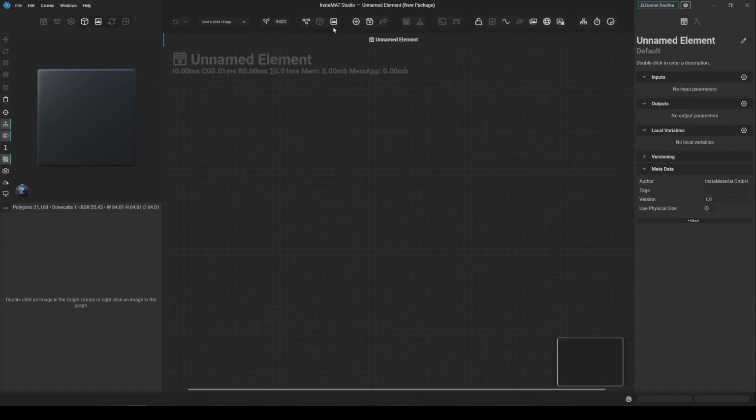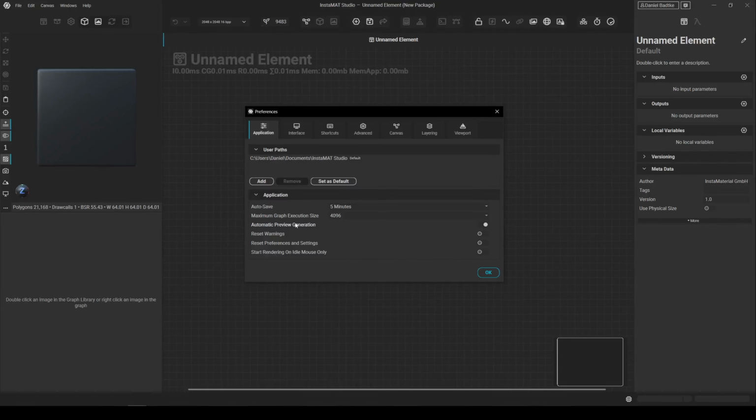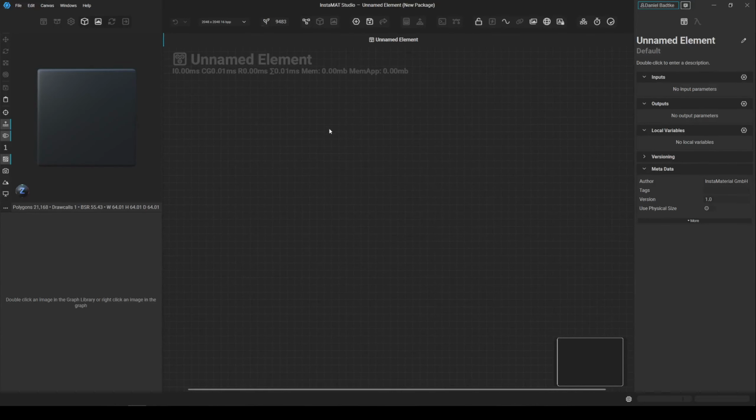At the top we have different settings, like for example the execution resolution, which we can set from 64 by 64 to 4K, and when we go to edit and to preferences, we can also adjust the maximum graph execution size up to 16K, but this is really meant for really powerful systems. So as a working resolution, this is really unnecessary. 4K is nice, but even this can be too heavy when you have many nodes spawned, so we stay at 2K. You can adjust the bit depth,